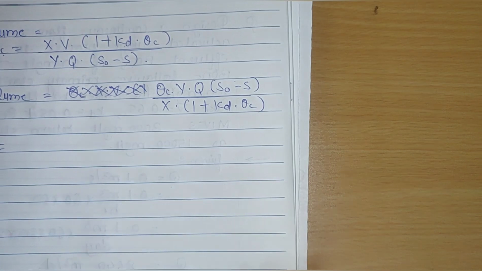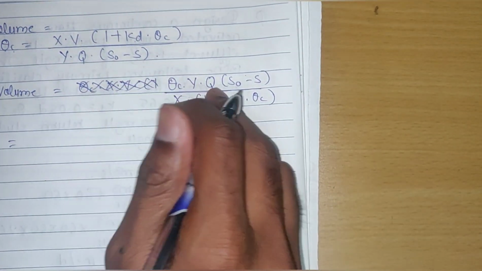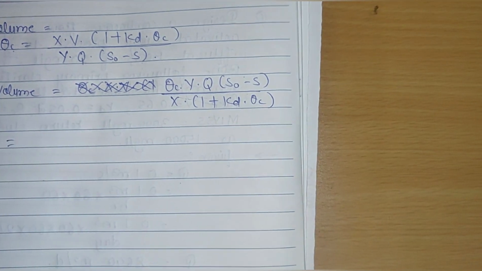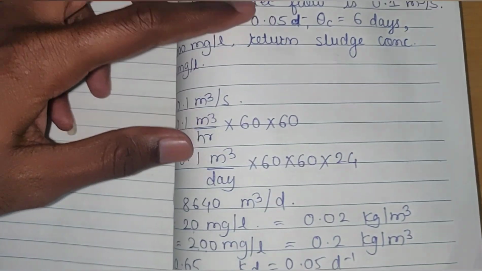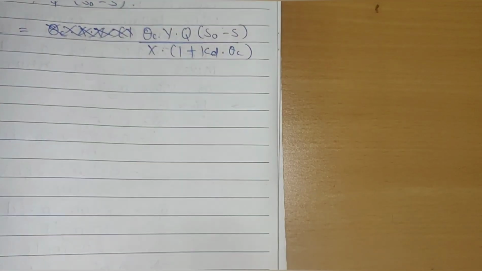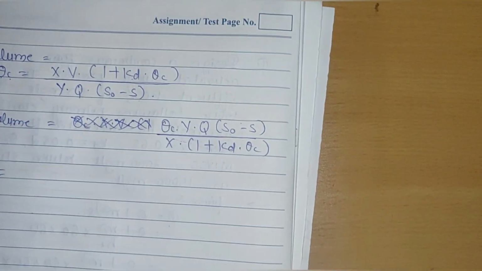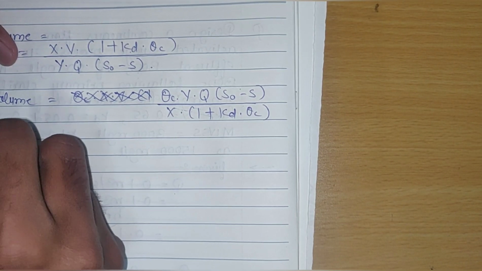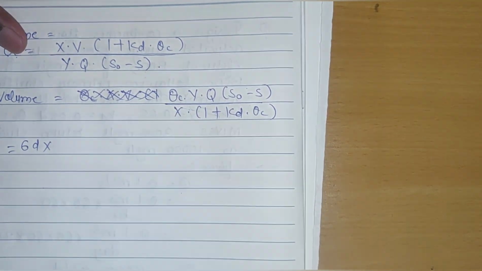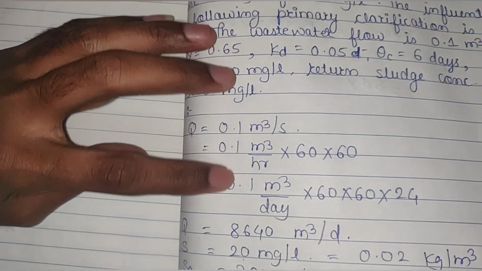Okay, so let's put all these values in this. Theta c is given as 6 days, so 6 days into the yield coefficient capital Y, 0.65